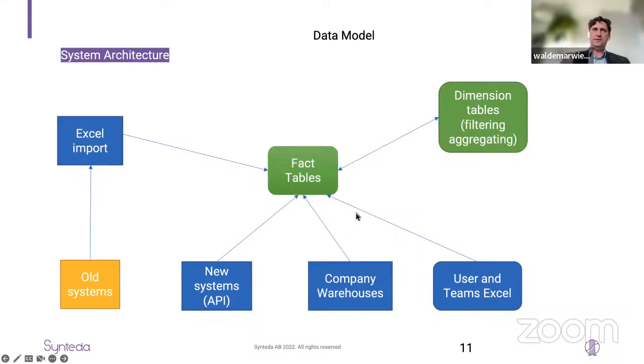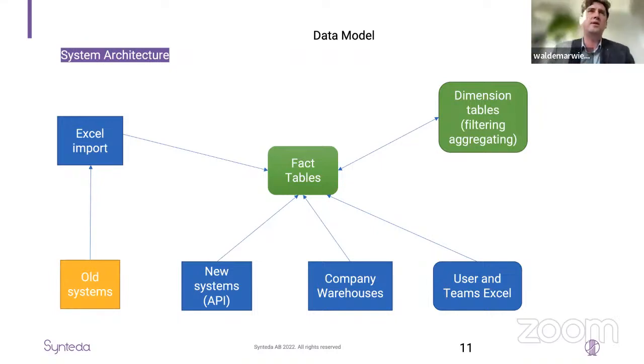So how do we build these fact tables in such a situation? What do we have in companies? We have a company data warehouse, and this is the best thing if we have it, because it's a huge database which stores all information. We can easily connect to it using SQL queries. So we can introduce these queries in Power BI and read the data. Also, if we have some new modern system which allows us to connect to APIs, then we can do it like this. We can just read it.